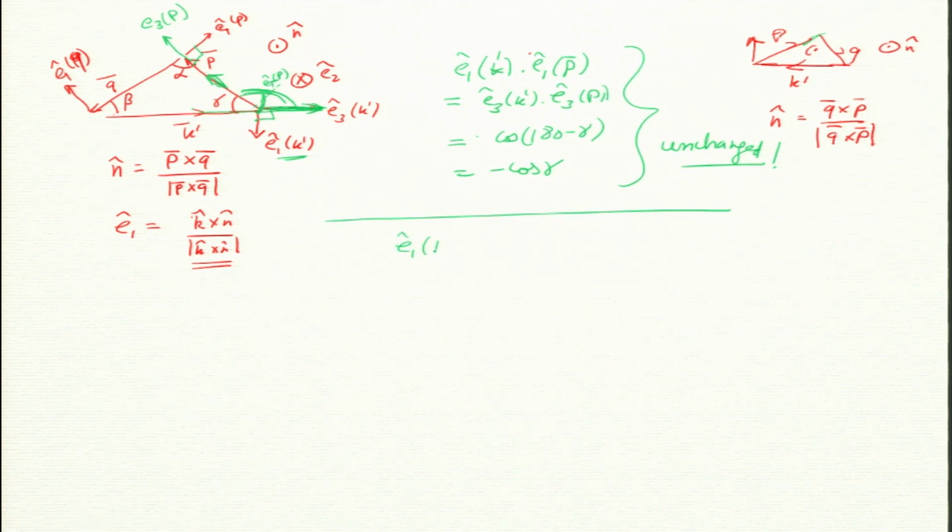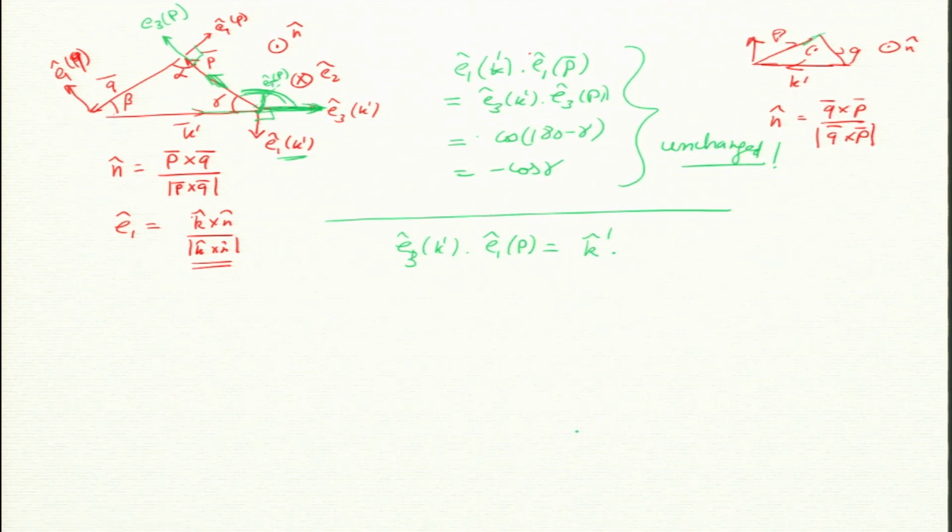Now let us work out E1 k prime dot E1, no, this is already done. So E3 k prime dot E1p. Where did it come from? If you recall, I had k prime dot u of minus p, and I had this kind of thing, dot u multiplied by u of minus q. So I need this. How do I compute this? E3 is simple, it is the k prime unit vector.